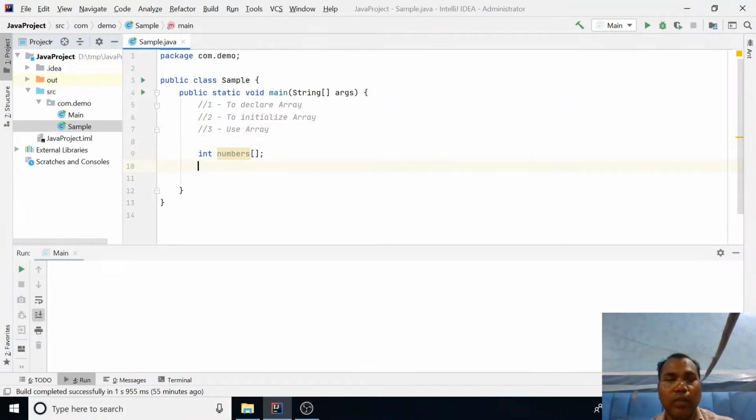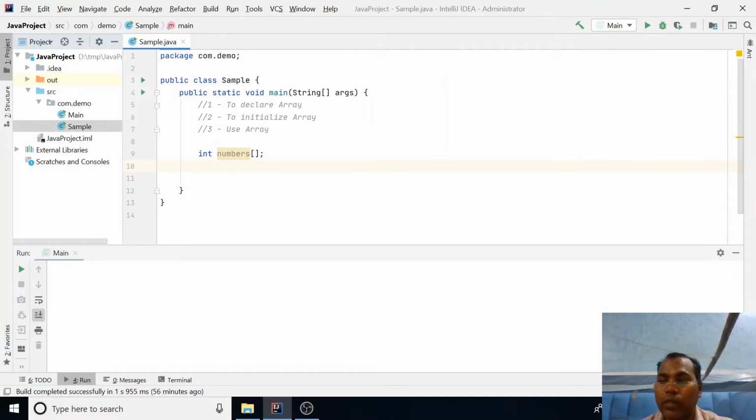The first way is that we are just declaring the name of the array. This is numbers, and then we can allocate memory for how many elements we are going to consider.